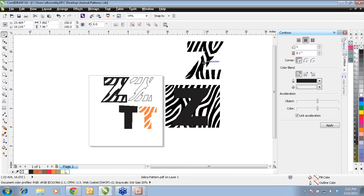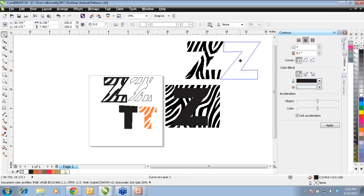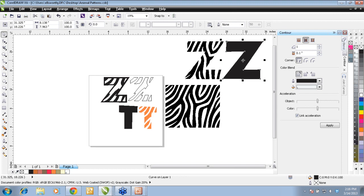Clicked on intersect. You can see when I drag the Z out of there, it has the pattern all the way through it. Now what I can do is this can be my foreground layer or my striping on my design. If I'm doing a traditional overlap technique, if it was, for instance, Glitter Flake on another product, or just a basic style film where you can overlap fully, I would just use this as my foreground, and then I would basically create an outline on this layer